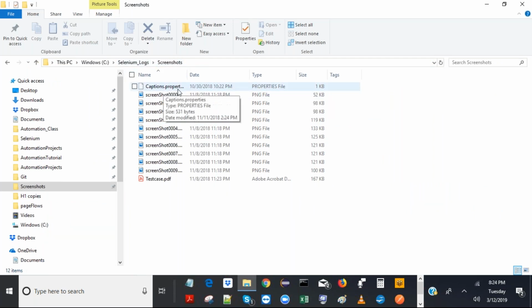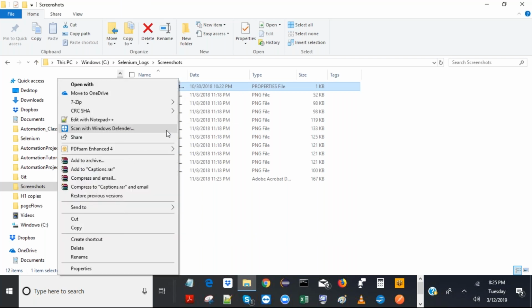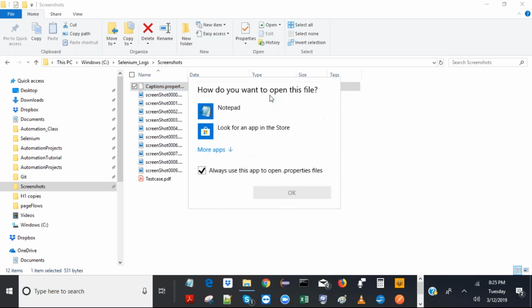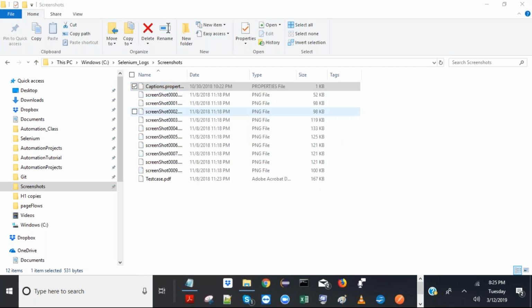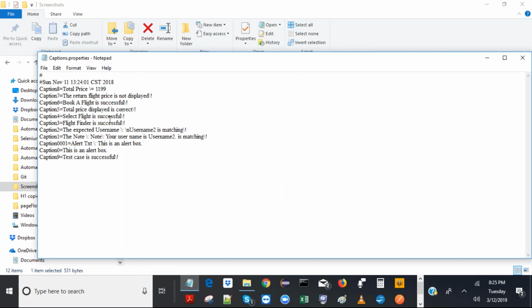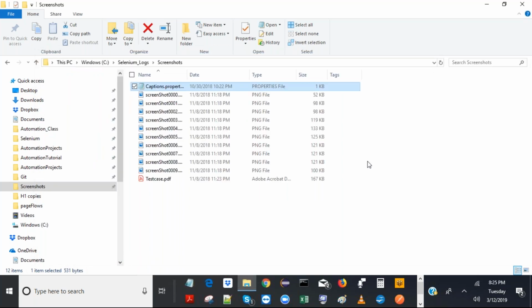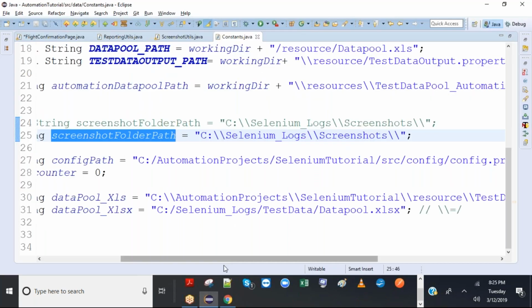This file will be created, captions.properties, and you can open it with Notepad. It will look like this. This is old captions, but same thing. When you run the next test case, it will override the old values, that means it will erase the old values and write the new values. If you do not have it, it will create it, including the folder. That part is automatically taken care of in the code.